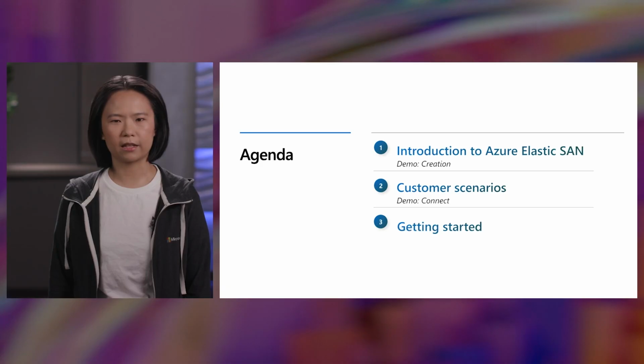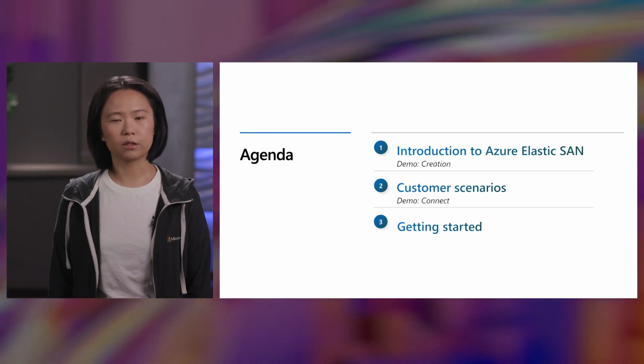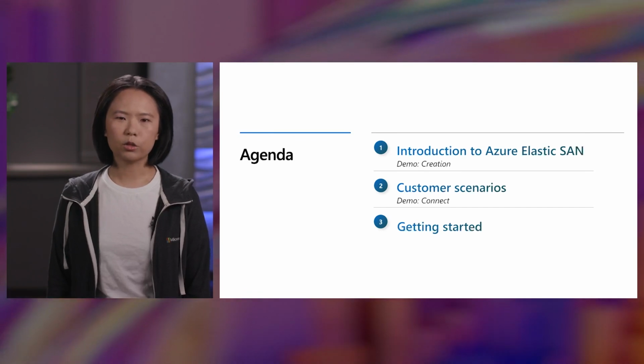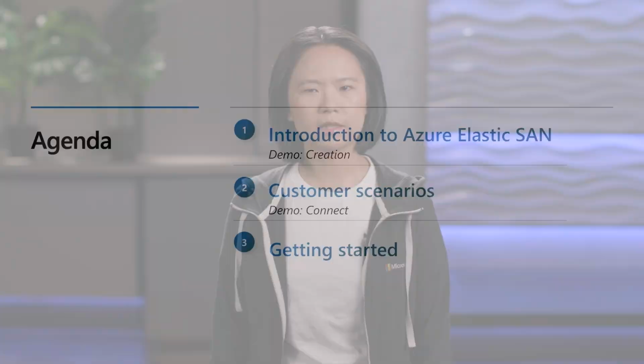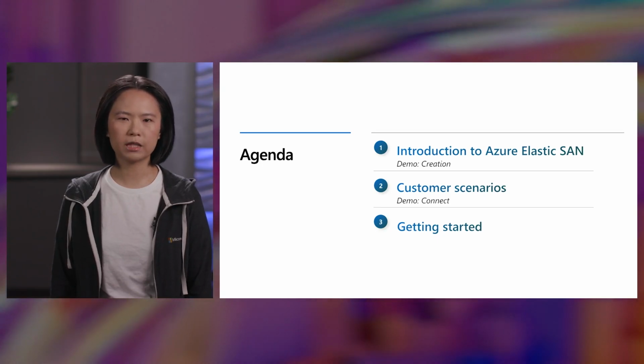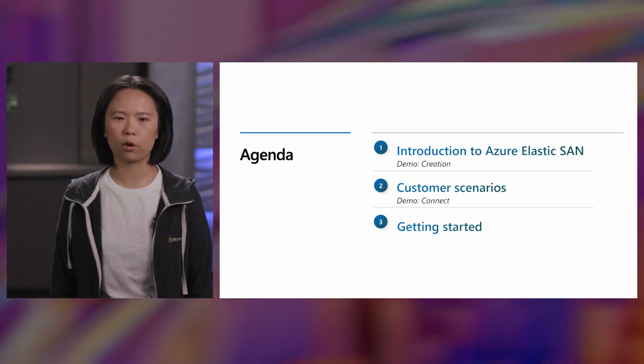We will kick off with the introduction of Azure Elastic SAN. Why are we introducing this new service? Touching on the resources architecture and the capabilities it provides. Then we will talk about how we expect you to benefit from Azure Elastic SAN, and what workloads or environment setup would benefit most from Elastic SAN. Finally, we'll show you how to create your first Elastic SAN and connect it to your workload.